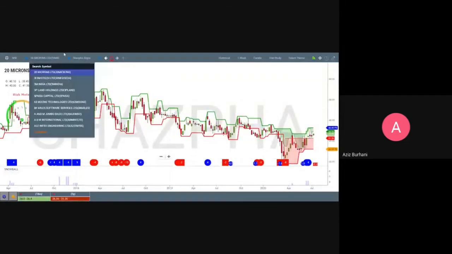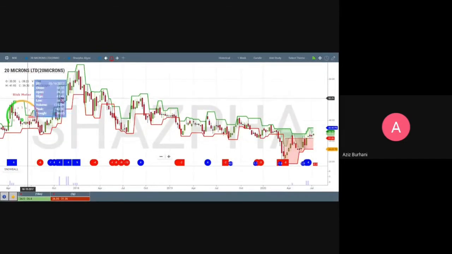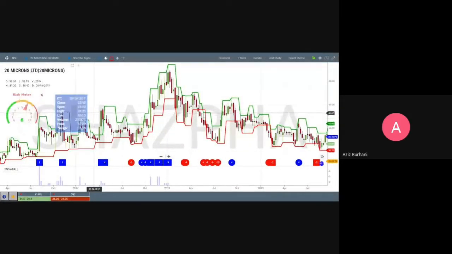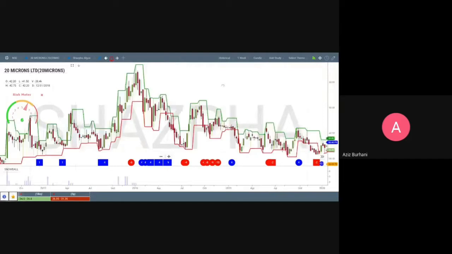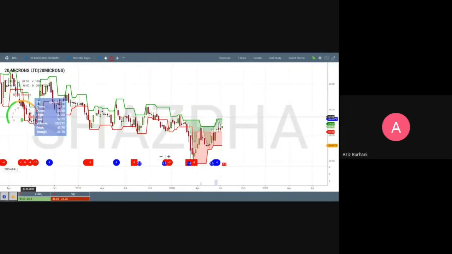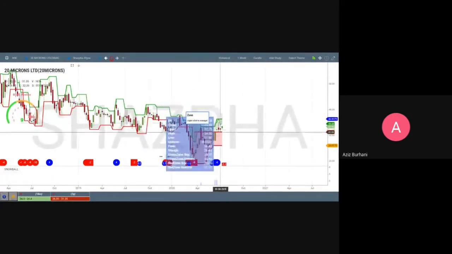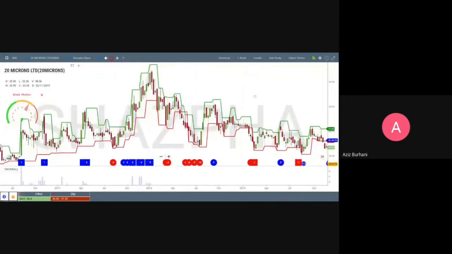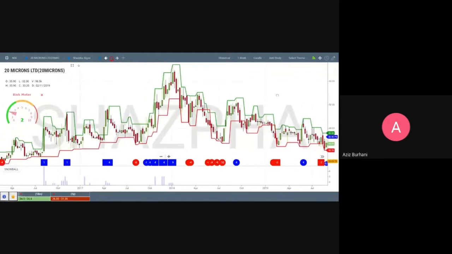Then if you see, I have the risk meter which is here. It is obscured by the chart, so if I move the chart, you can see the risk meter here. The risk meter will move along with the chart. It will show you the latest position, what the risk is at that point of time. So if I move the chart, you can see the risk meter is moving according to the risk at this point in time, where the chart is ending at this point. That is what it shows.